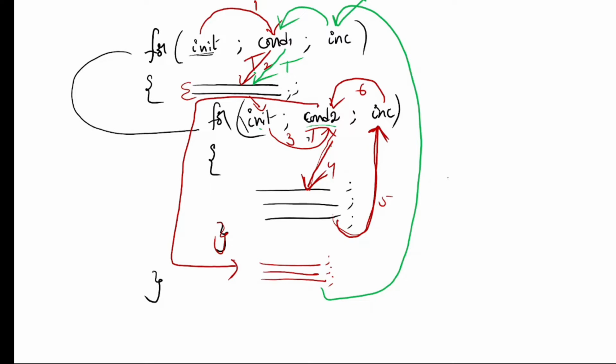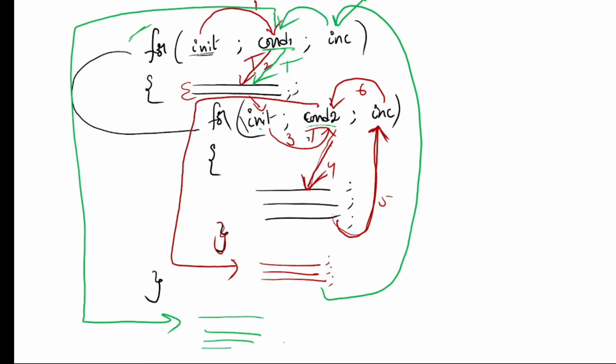Finally, if condition 1 is false, then control comes to outside of this main for loop. Then the remaining program will be executed. This is called nested for loop. If you want to find out anything present within the range, you have to use this type of for loops. Okay, now let us move to the editor to write the program.